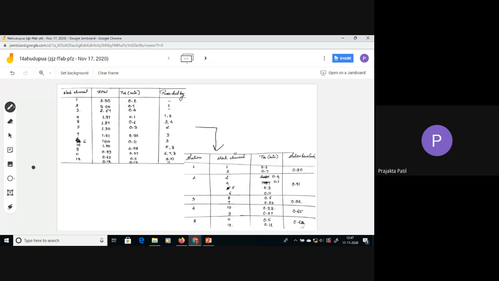As we know, this column is arranged according to the descending order of the RPW values. So let us start with the first one. Now, our reference is not the RPW value while getting the workstation. Of course, our reference is there, but we are going to concentrate more on the TK values here, right? So let us start with the first workstation. You write it as station number one.